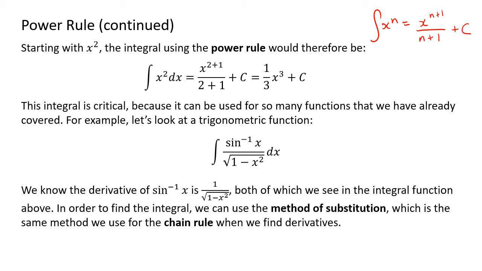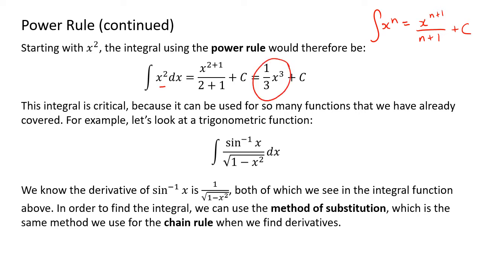So if we use the integral of x squared as an example, we get x to the exponent 2 plus 1 divided by that same exponent 2 plus 1 plus a constant, or 1/3 x cubed